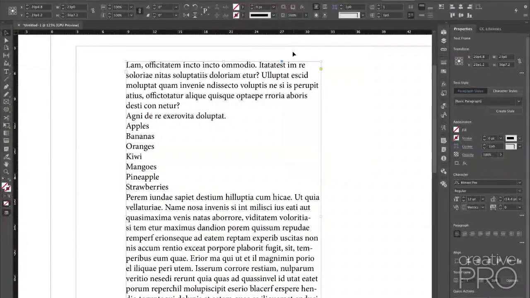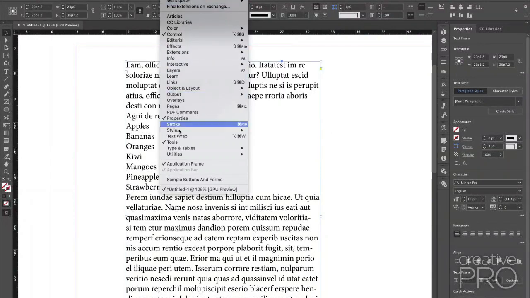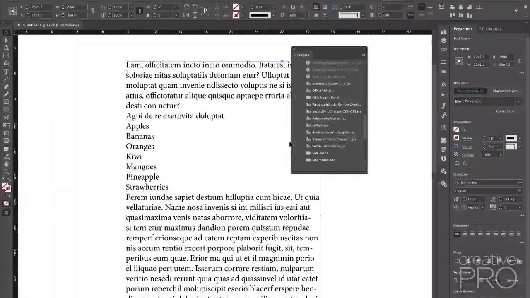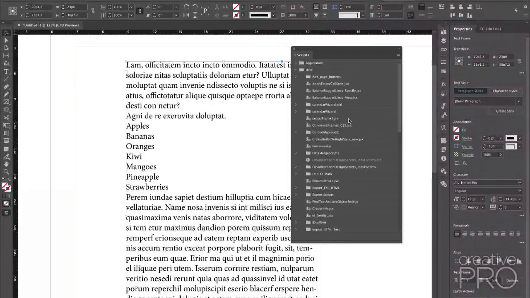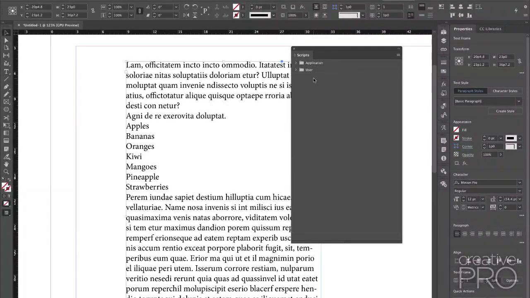Say it again? I'm sorry, I can't see your screen like I did before. Oh my gosh, I'm glad you're pointing that out. How's that? How are we doing? Better? Yep. Window, I'm repeating myself. Window, down to Utilities, and we're going to choose Scripts. There we go. Here's my Scripts panel, and it's going to probably look tiny on your screen, but inside my Scripts panel, I have a bunch of my own scripts that I've downloaded. I'll talk about some of those in just a minute.